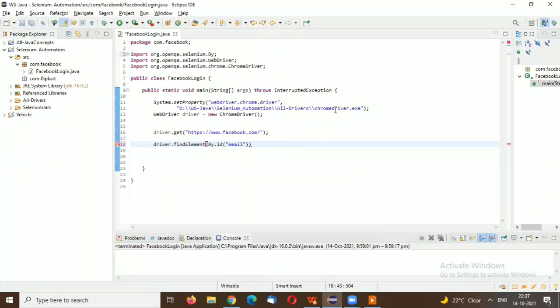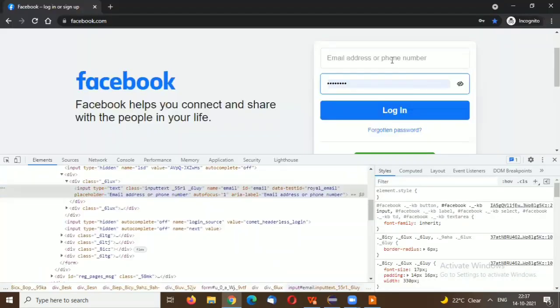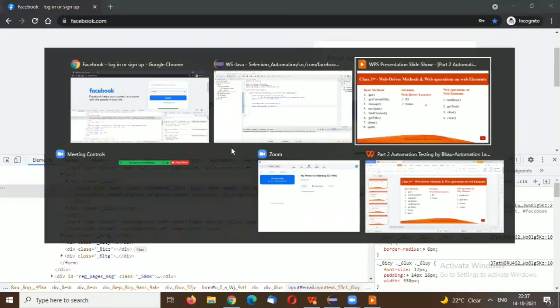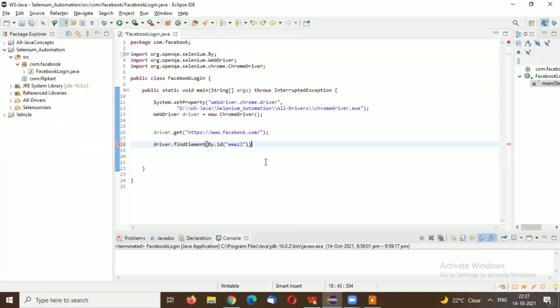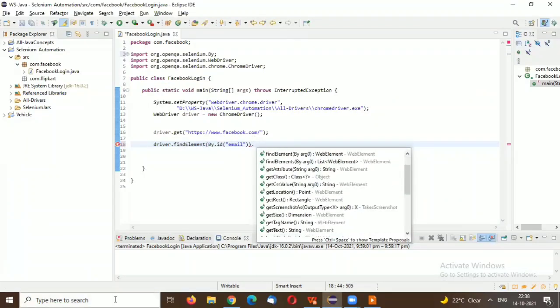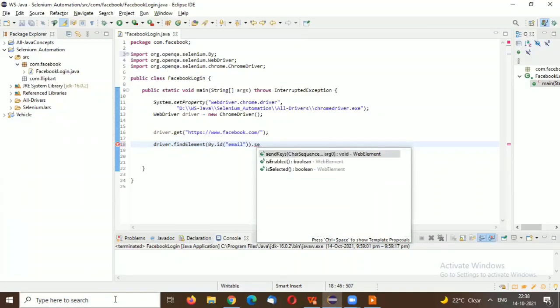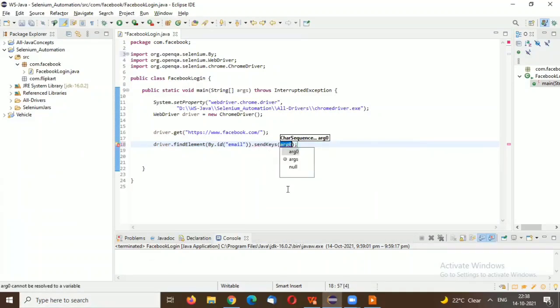We need to send or set the email ID in this text box, so to set the email ID we use the web operation sendKeys. Just dot and use sendKeys. I'm using a dummy email ID here, like Roy gmail.com.